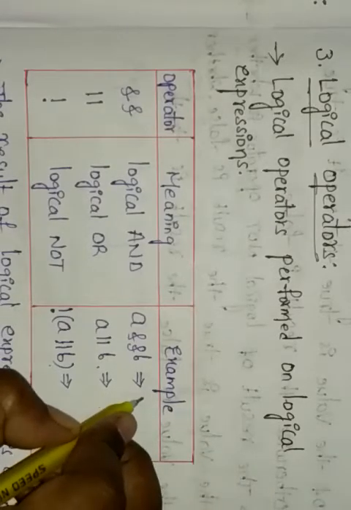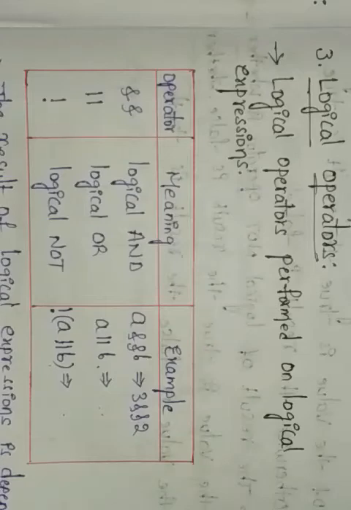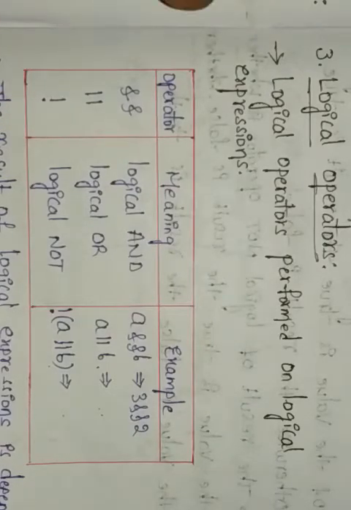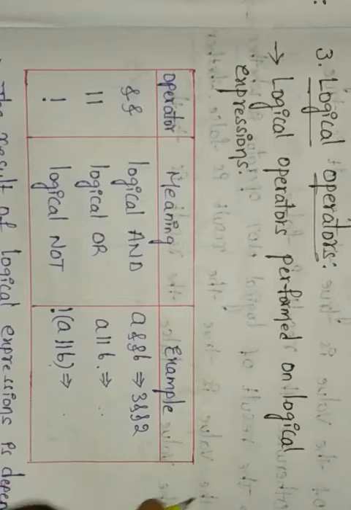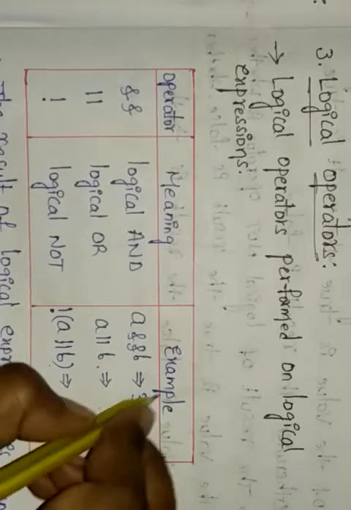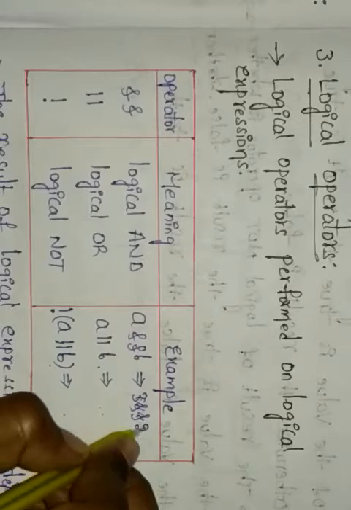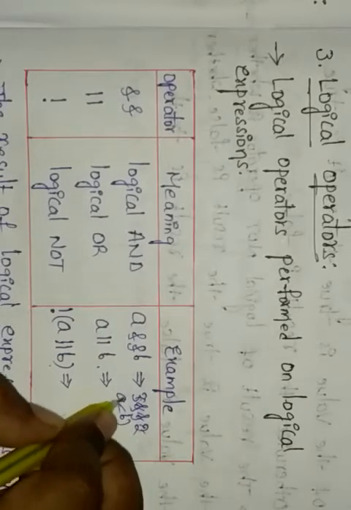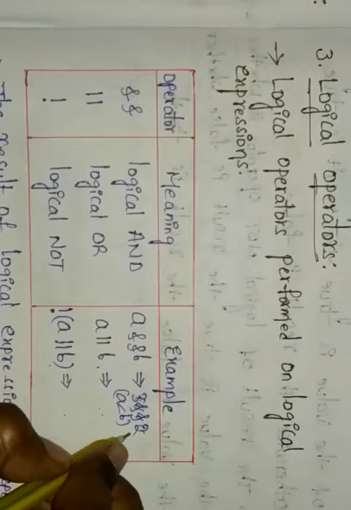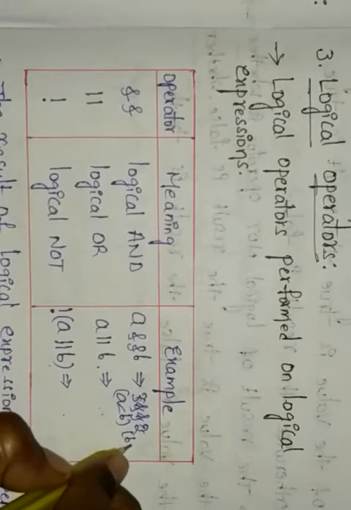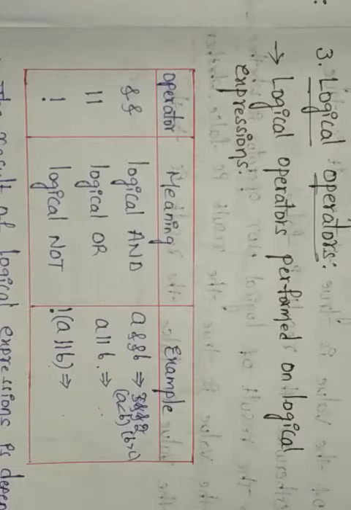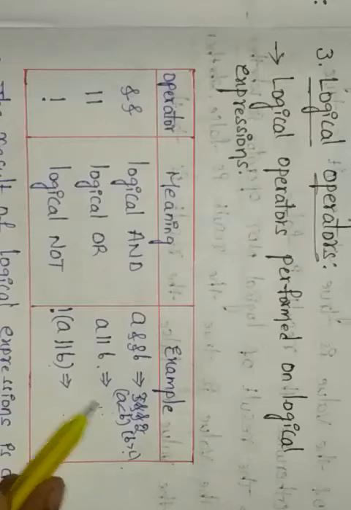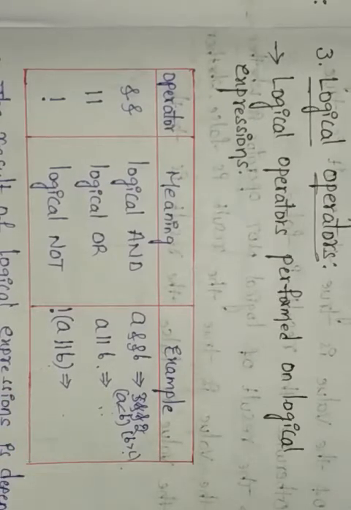Suppose here I am taking 3 and 2. So at least two statements will be true. Suppose you are performing A less than B. We can see here I am giving the value A less than B, and you can give B greater than C. In that case you can check the A value and B value. If these two are correct, it will be true, or else it is false. And in this also at least one is true, and in this the opposite. Like that we can work with this.